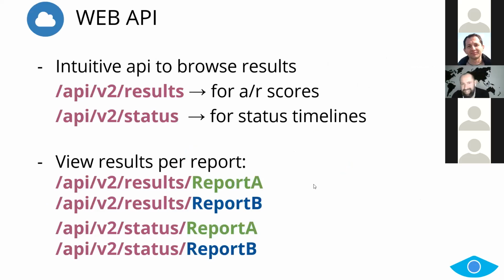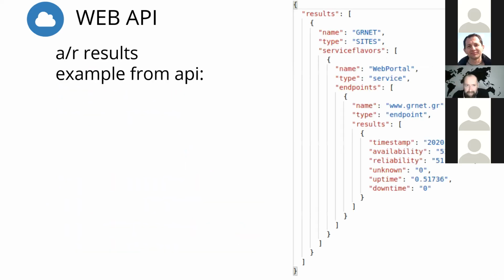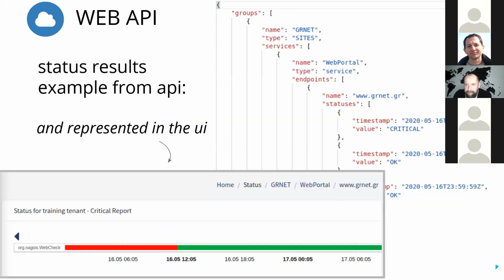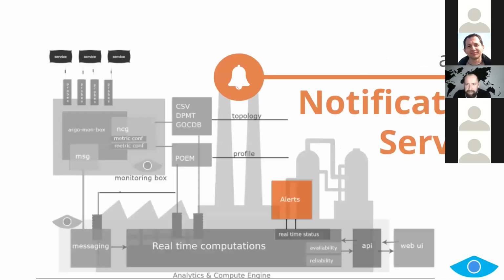So you can basically get everything that you see in the UI from the API as well. This is useful if you want to integrate these results into your own system. This is basically how it looks. For this, you will need to send a request because the access is restricted based on tokens. But there is an option to do all this.